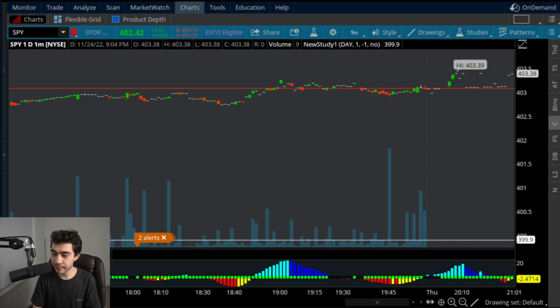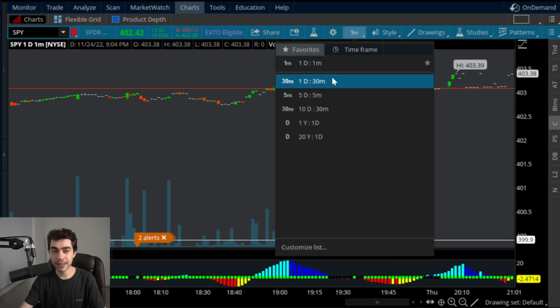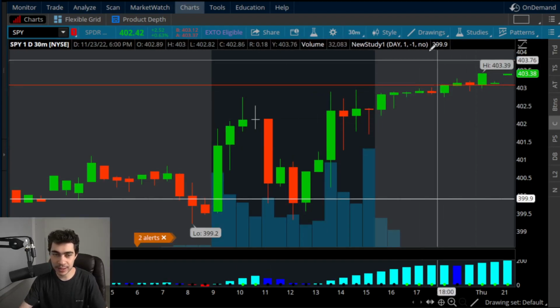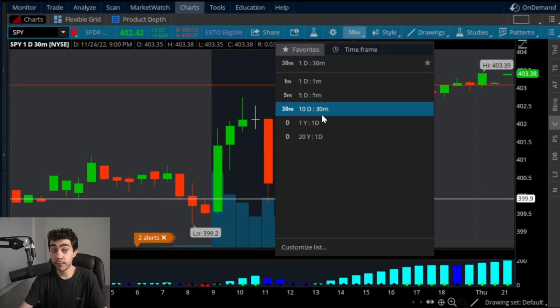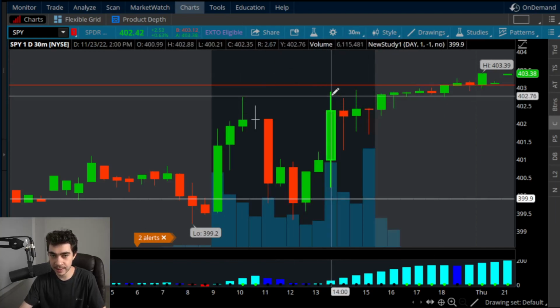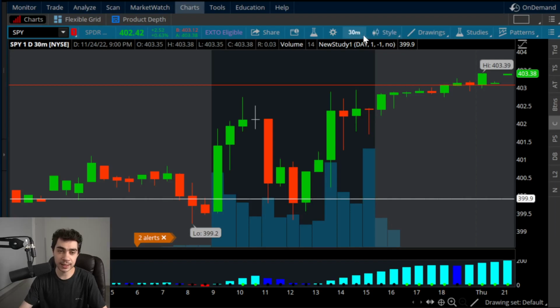So these are the things that I want you to understand heading into tomorrow. It should be a fairly simple day. Just don't expect super wide range. Just look for the overall channels at those key levels. And for the bears to truly take control tomorrow, they're going to need to crack 402.42 and turn that into strong resistance. They need to do that, and they need to do it quickly. If they cannot do that, then SPY is going to continue to run, and it's going to continue to squeeze